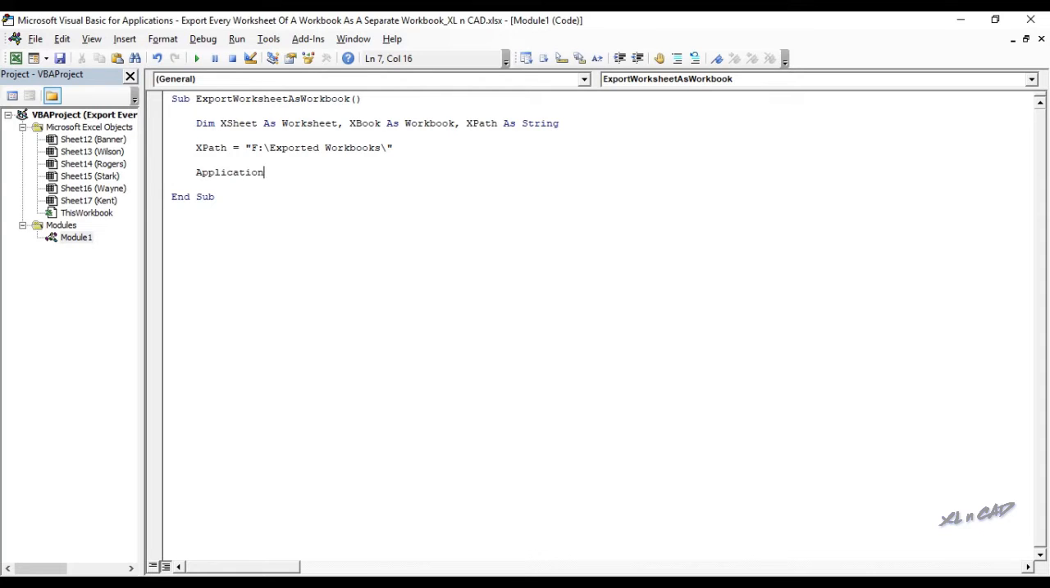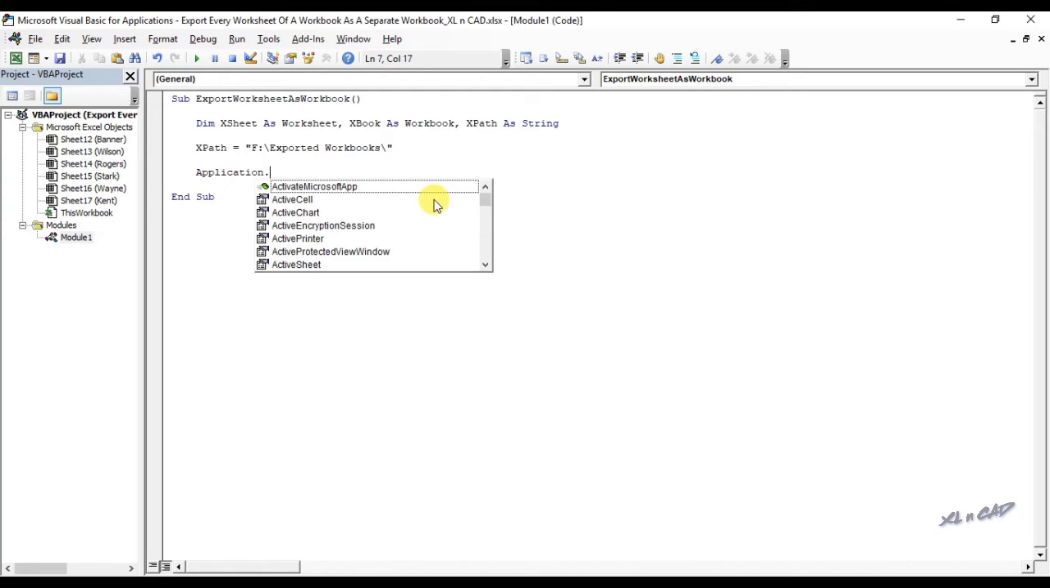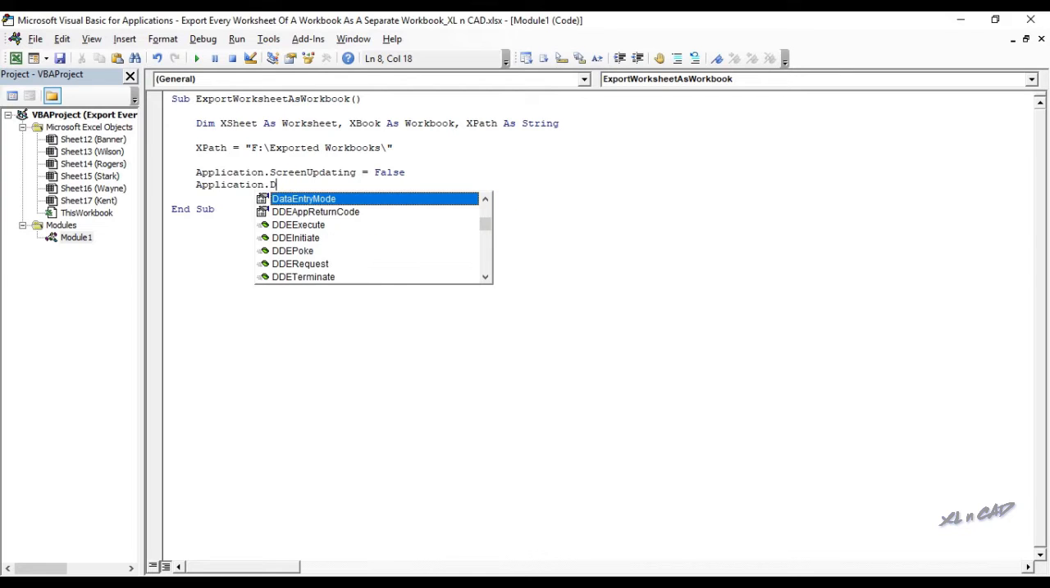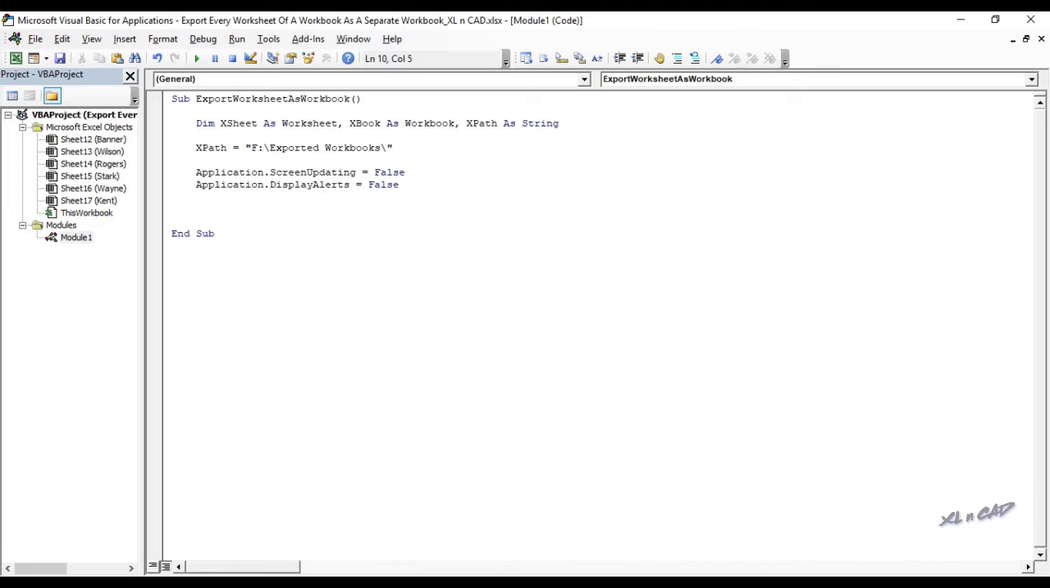Application.ScreenUpdating = False. This statement is to turn off the screen updating and to speed up the code. Application.DisplayAlerts = False. This statement will suppress the warning messages. Now a for loop for looping through every worksheet in this workbook. For Each xSheet in ActiveWorkbook.Sheets,